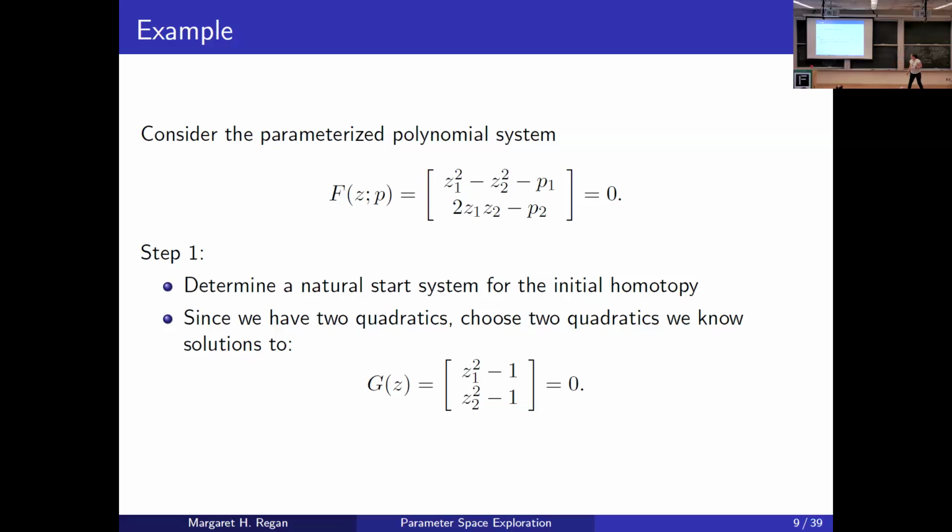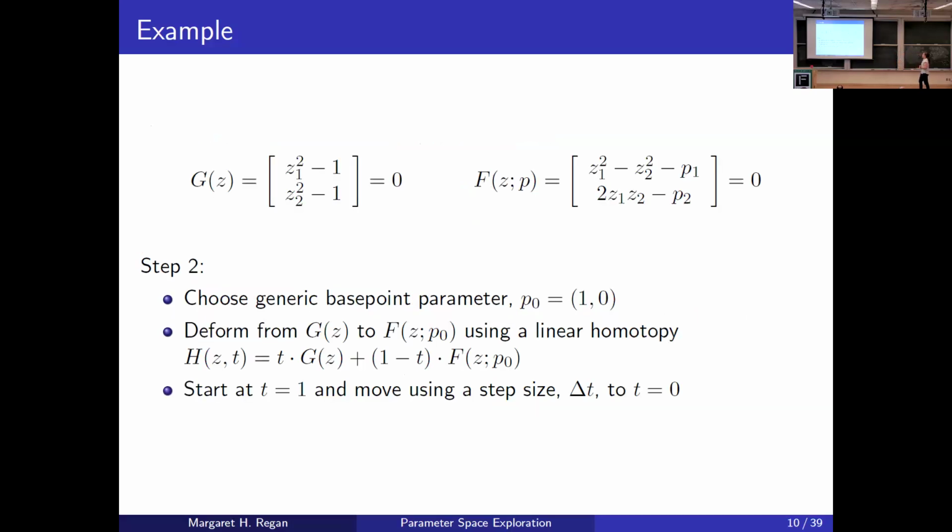And so if we have this, we then want to take the solutions to this system, which we can write down. And then we want to be able to deform using a homotopy to get to the solutions at our target system, f of z, at some base point parameter. So we have to choose some generic parameter point and say that's where we want to solve our target system. And what we do is we use a linear homotopy with the path variable t to move from g of z to f of z at that generic parameter point